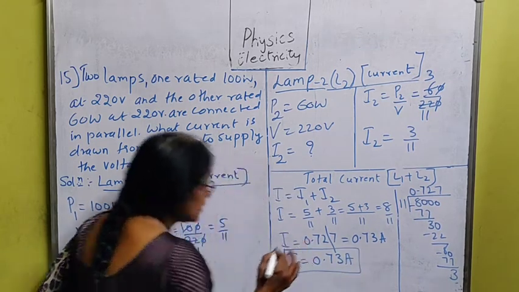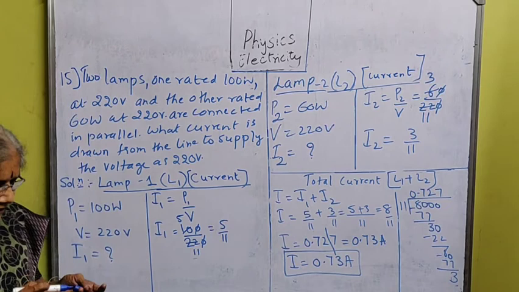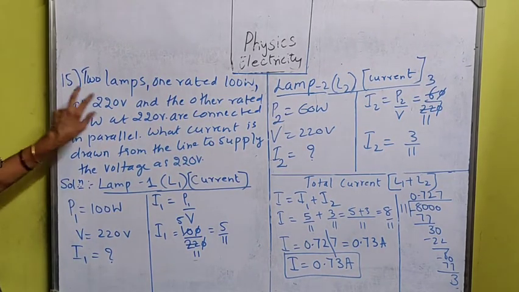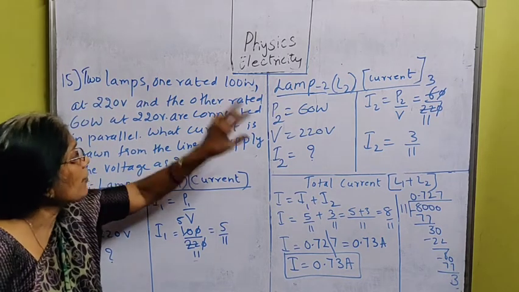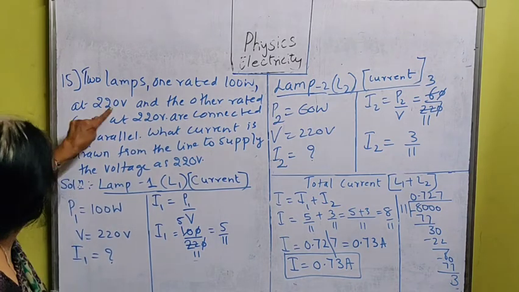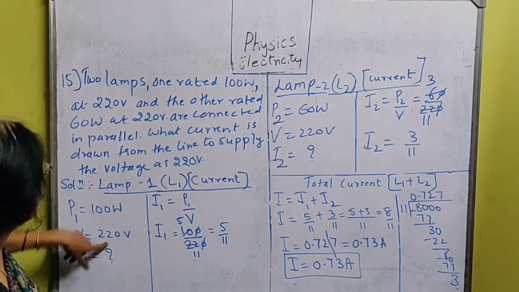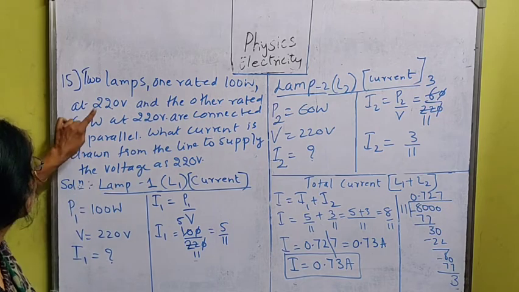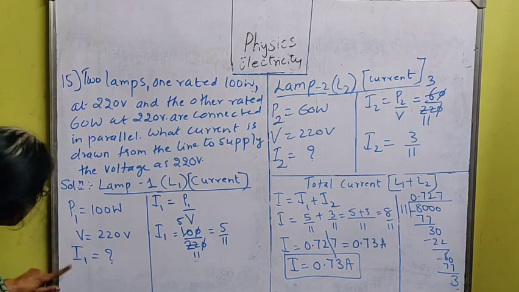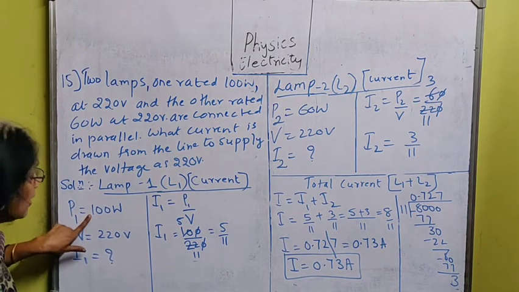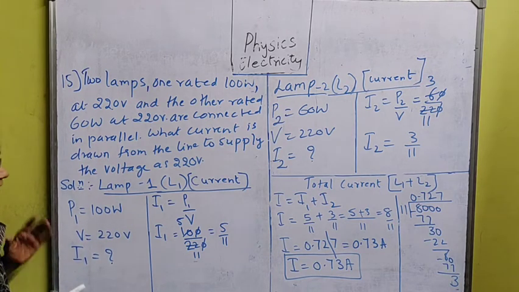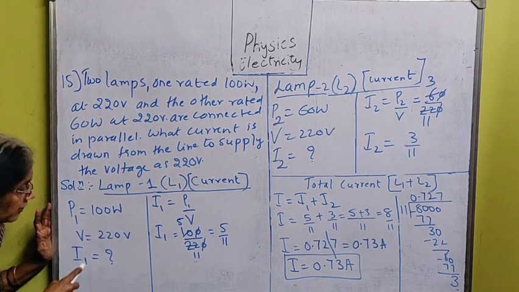This is your answer. So you came to know what your answer is. Once again now I will start explaining this. So here what is given? 2 lamps are given. The power of both the lamps is given. First power P1 is 100 watt. Voltage is 220. Why? Here the parallel connection is taken, so for both the lamps the voltage will be the same. So you have to find out the current flowing when the 100 watt bulb is burning.